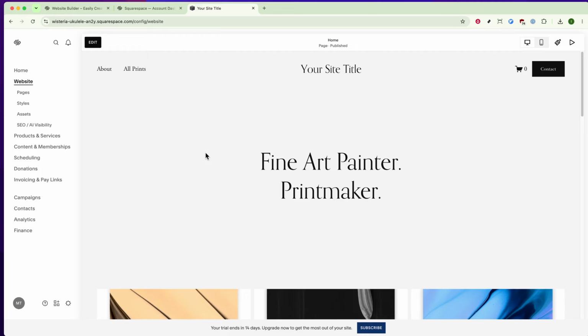Let's dive in. The first thing you'll need to do is log into your Squarespace account. Once you're logged in, head over to your website dashboard. Here, you'll see a list of all the websites associated with your account. Locate the specific site you want to work with and click on it. This step is really important, especially if you manage multiple websites under the same account, as it ensures you're working